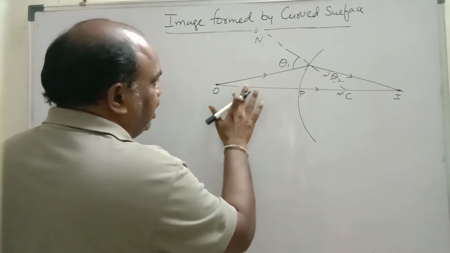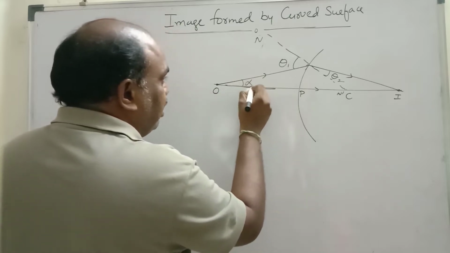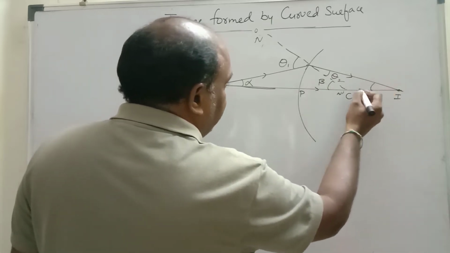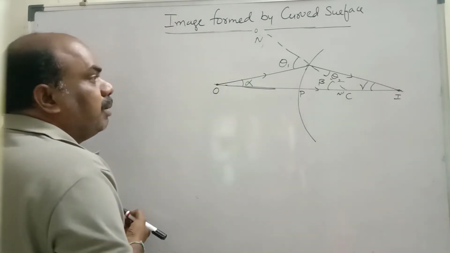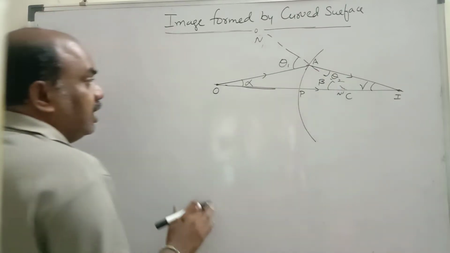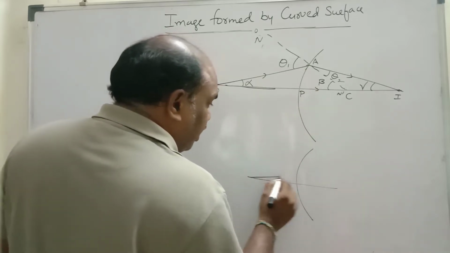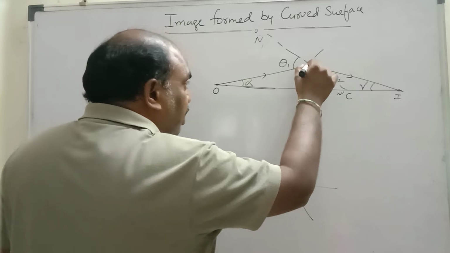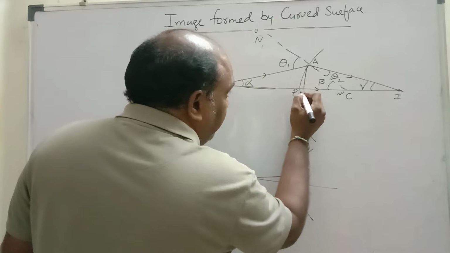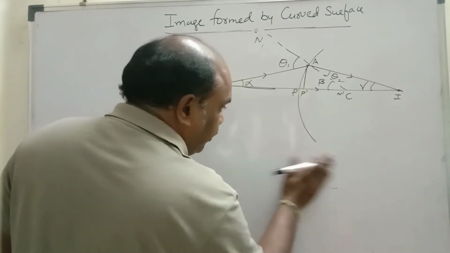One more important step you remember here: the angle made by the incident ray with the principal axis is alpha. The angle made by the normal with the principal axis is beta. The angle made by the refracted ray with the principal axis is gamma. Now this point is A. Imagine children, these are all paraxial lines. Paraxial means the ray which is very close to the principal axis. That means if you draw a perpendicular line P and P dash, these 2 points will coincide. The distance between P and P dash is negligible. These are called paraxial lines.